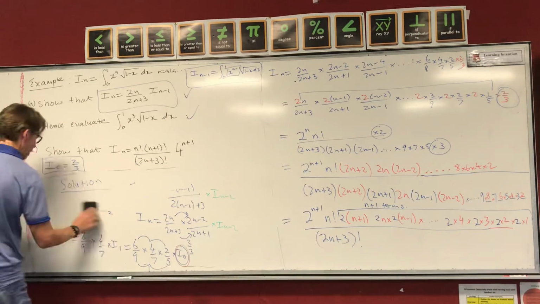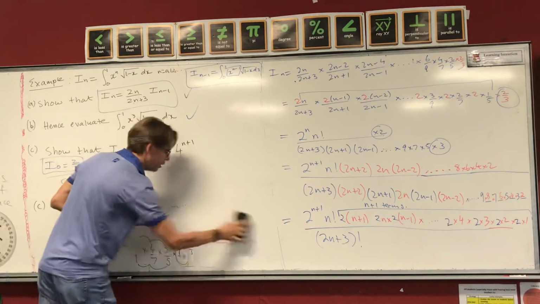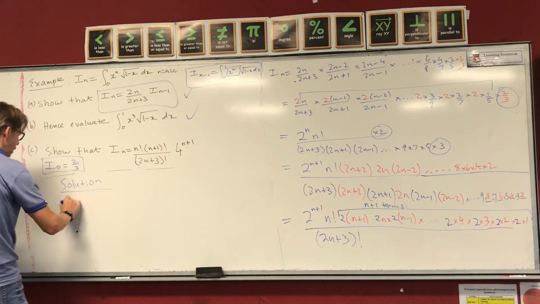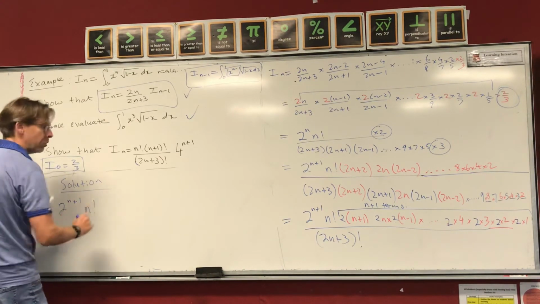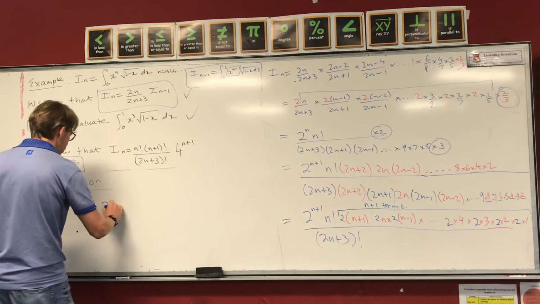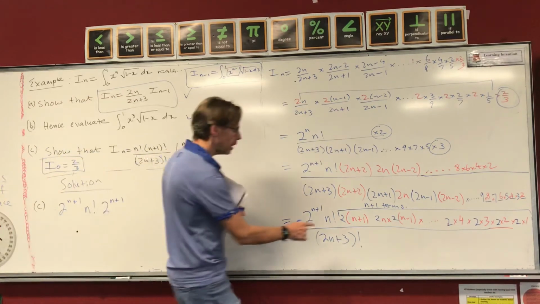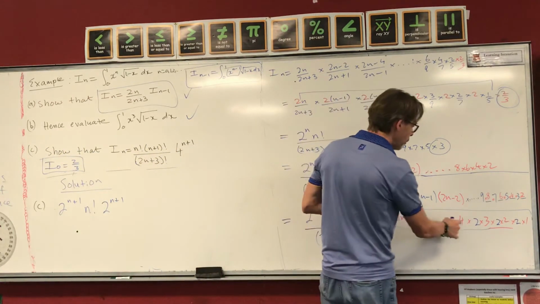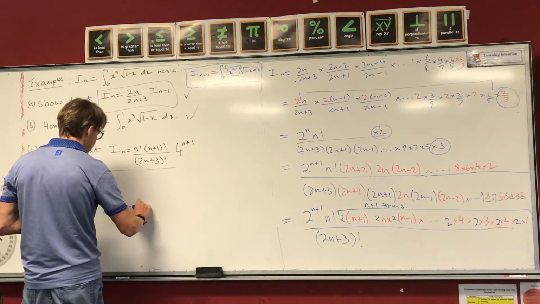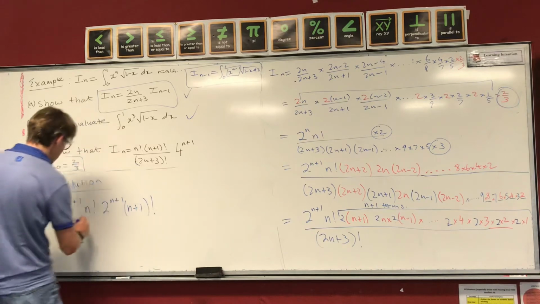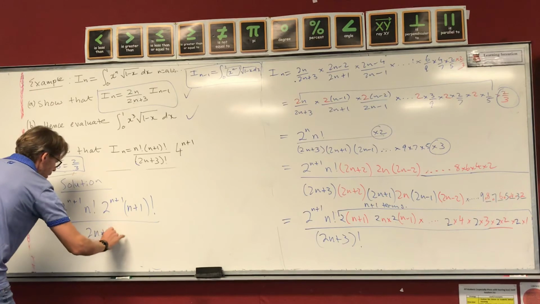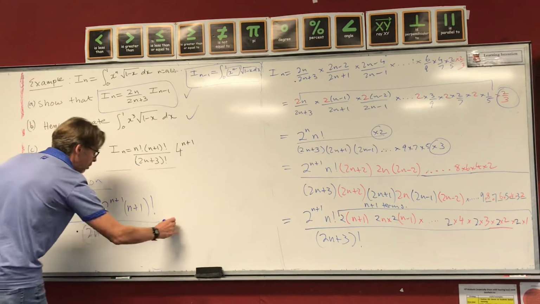Because, when I come over here now, what can I do? I could say, I've got on the top line 2 to the n plus 1, n factorial. Now how many 2's do I have? I've got n plus 1 of them. So 2 to the n plus 1. And then look, n plus 1, n minus 1, 4, 3, 2, 1. It's n plus 1 factorial, isn't it? So n plus 1 factorial, all divided by 2n plus 3 factorial, which equals, now,